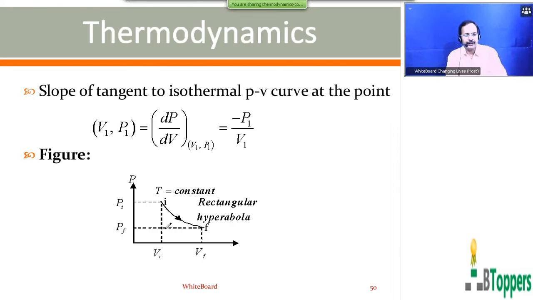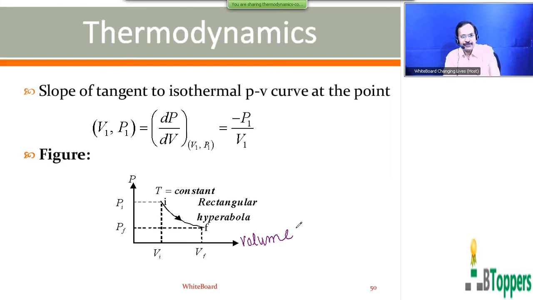Next, this is a figure for isothermal process, I mean the indicator diagram. I stands for initial state in the indicator diagram, F is the final state. VI represents the initial volume, VF is the final volume. Of course, I have shown the graph for expansion of the gas at constant temperature. That means here we take pressure P along the y-axis and volume of the gas along the x-axis. So those who are writing the notes, please take a pause and finish writing the notes up to here.